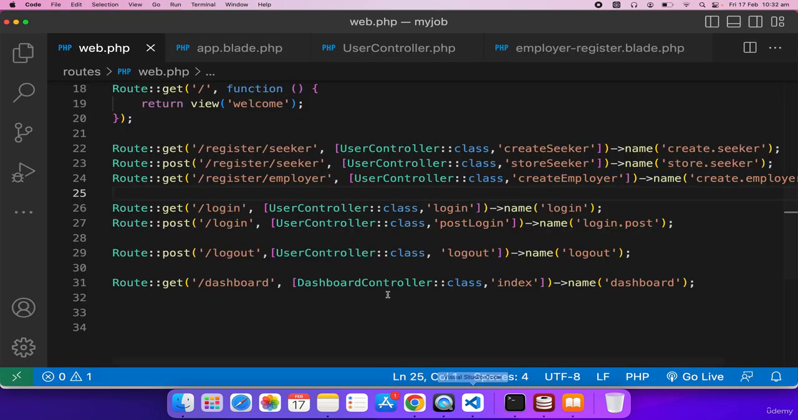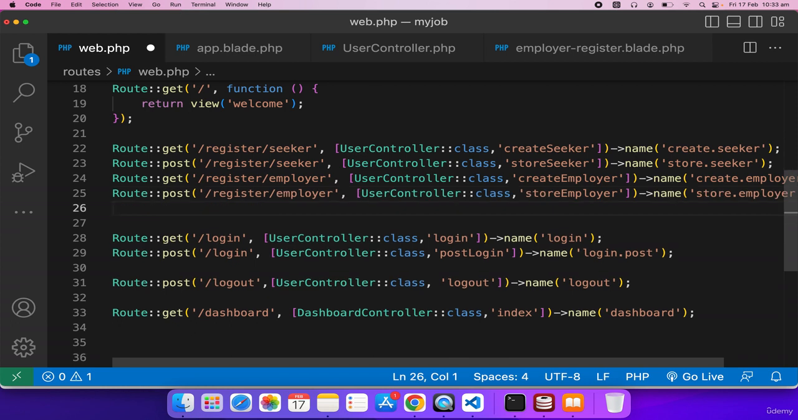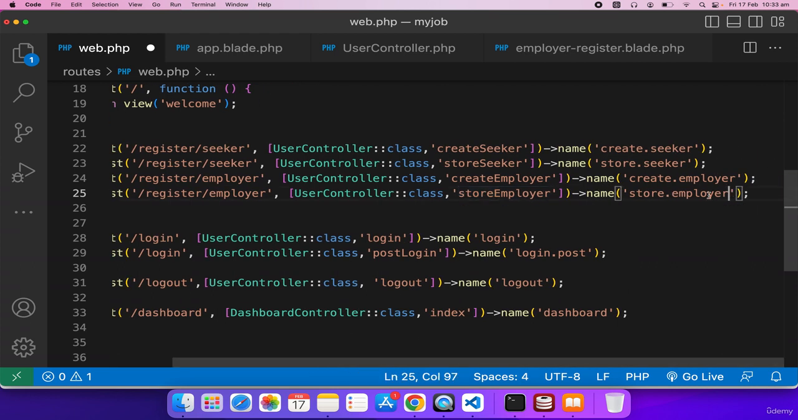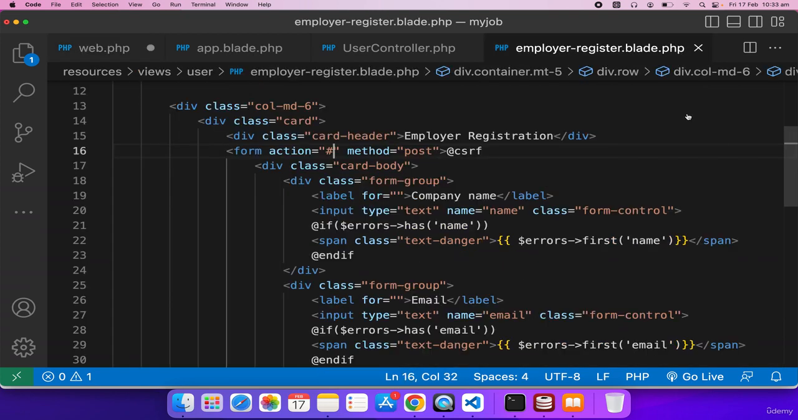The first step is to create a post route for employer. So here I'll make a post route. My post route is register/employer, and I'll make a store employer method in the user controller, and my name route will be store.employer. So we'll copy this name route and go to the registration form of the employer and